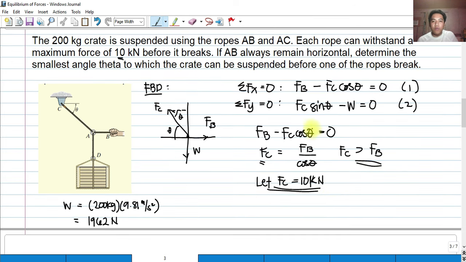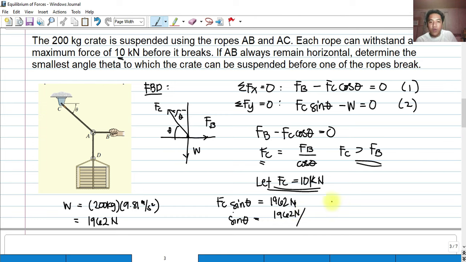So moving on to our second equation: F sub C sine theta equals W, which is 1962. We transpose the W to the right side, where it becomes positive, so that we can isolate theta here. So we have sine theta